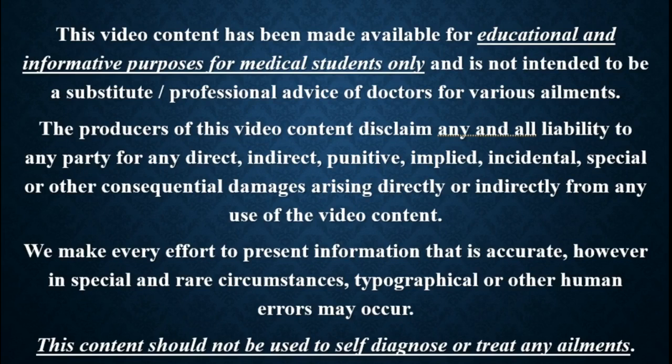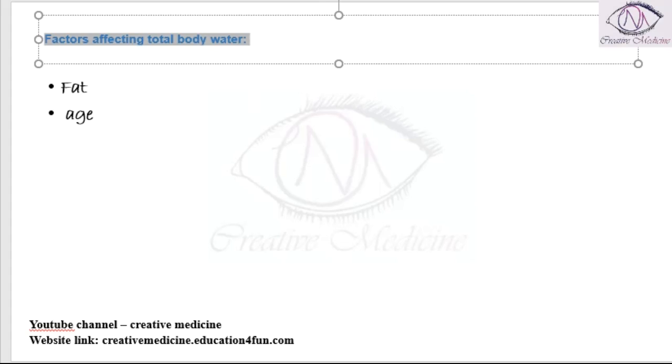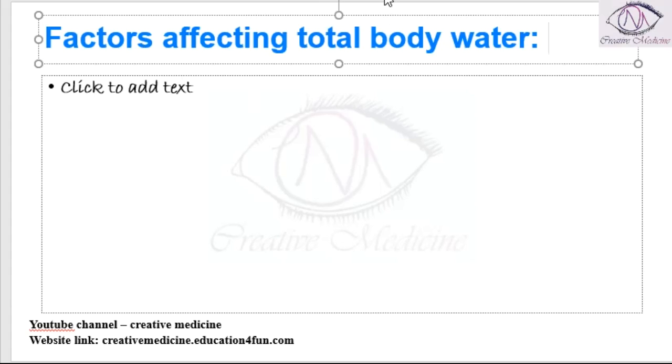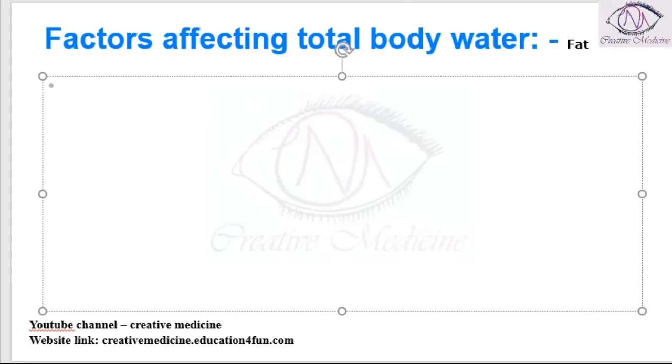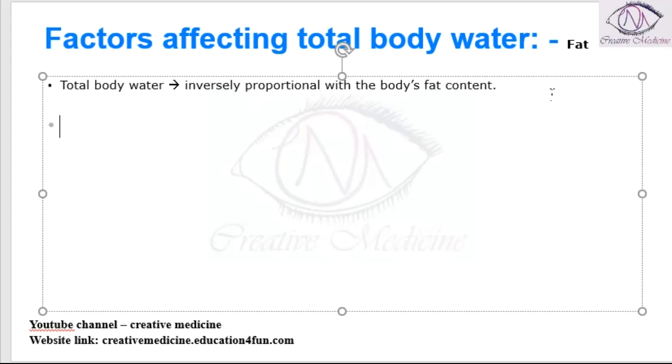In this lecture, we will learn about the factors affecting total body water. Among them, the first factor is fat. Total body water is inversely proportional to the body fat. So it is inversely proportional to the total body fat content. So this is one thing. That means if the body fat is more, then the total body water is